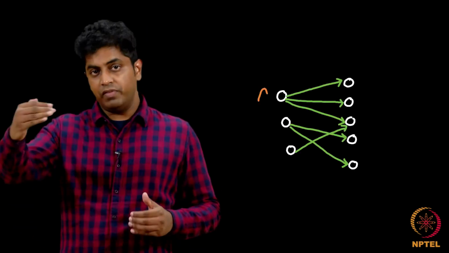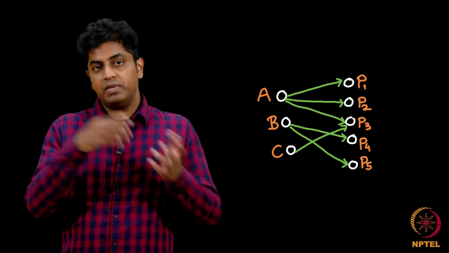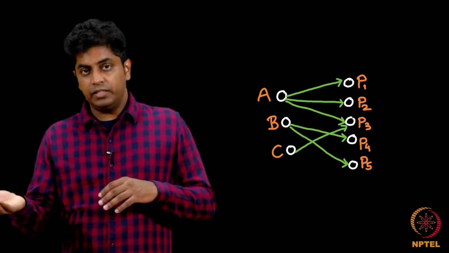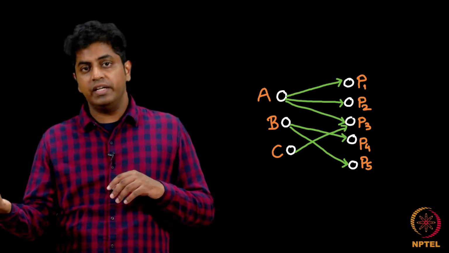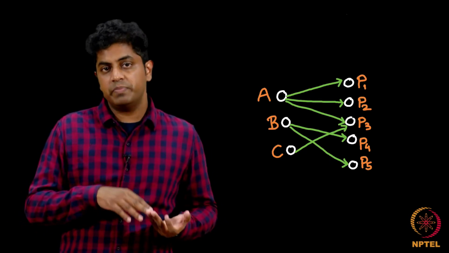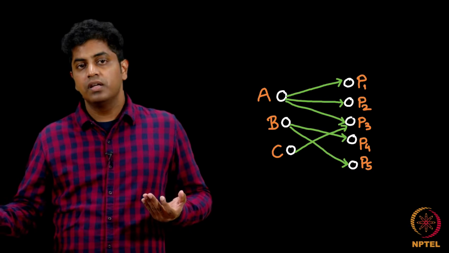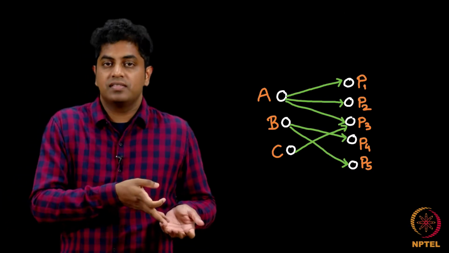So, as we saw, there is ABC this side and P1, P2, P3, P4, P5 this side. If A recommends a place on this side, the place gets a point, and A gets the points of the place that he is recommending. B gets some points based on the places that B recommends, and the places get points based on the points that B has, correct.